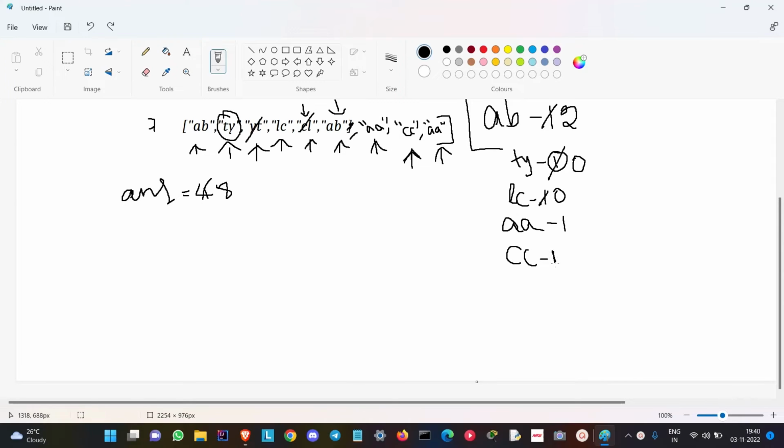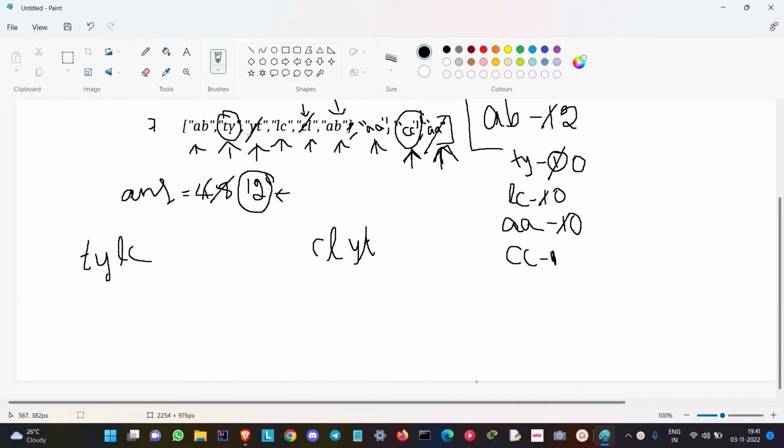So we will have CC as 1, and after that we'll move on to AA. The reverse of AA is AA, and it is present in the map. So we'll take the current word and the reversed word and add them to the answer. So it should be 12. Currently the answer is 12, but is this the final answer? No. We can also add CC, right? So I have chosen YT and finally TY. So LC,